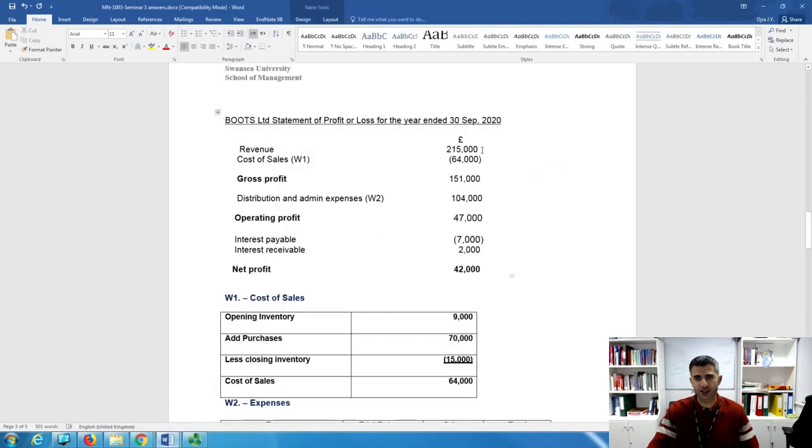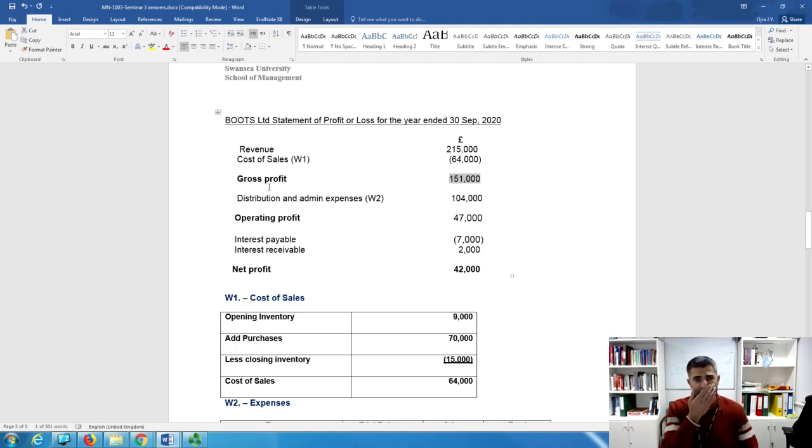So this is here. Great. Minus cost of sales, the one you've done in working one. If you go back to working one, you will see it again. Make sure that workings are clear and tidy, because they are marked. They have at least half of the mark, at least. Okay, I'm talking about the final exam. Right, sales minus cost of sales equal gross profit. So gross profit,